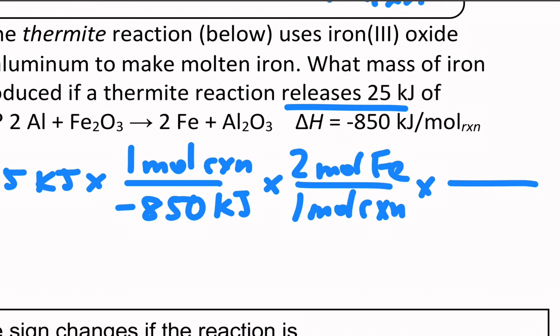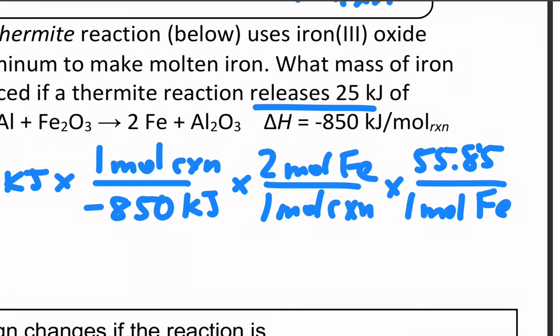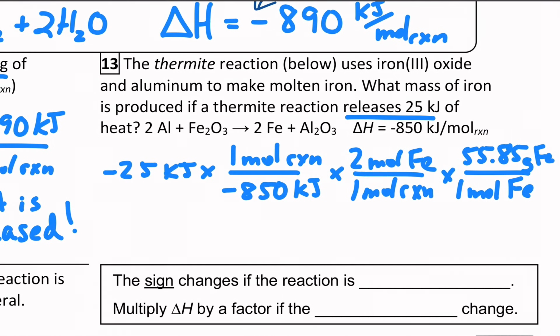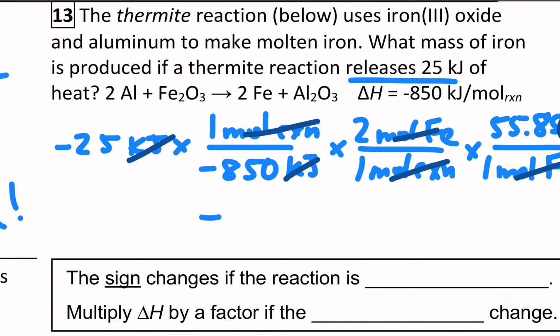And then to get into mass of iron, for every 1 mole of iron, I have 55.85 grams of iron. And you can just check your dimensional analysis. The kilojoules cancel, the moles of reactions cancel, and the moles of iron cancel. We are just in grams. And notice those negatives cancel, so you'll get the expected positive value. Turns out to be 3.3 grams